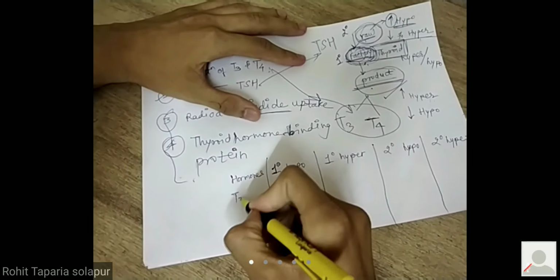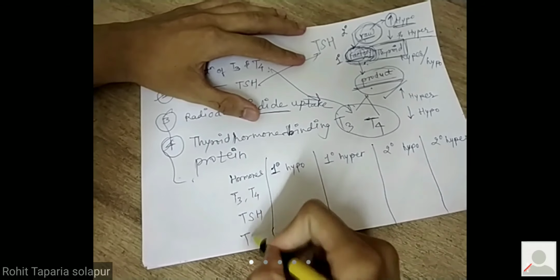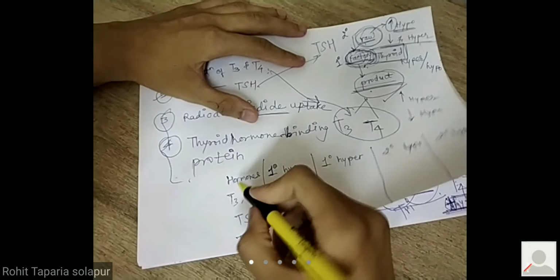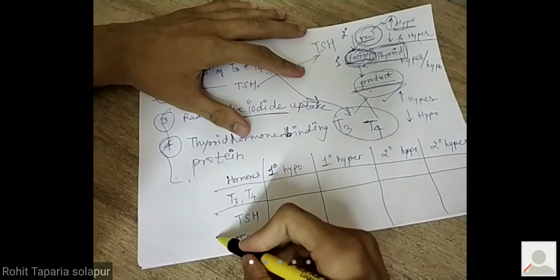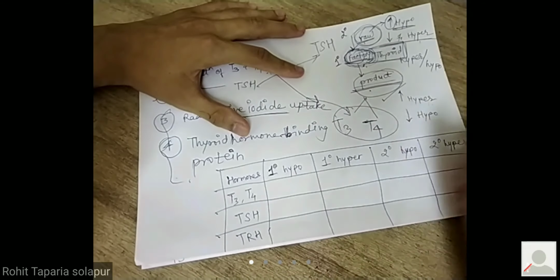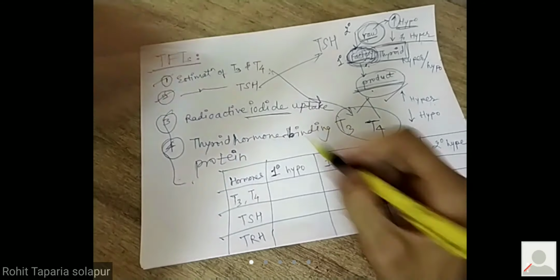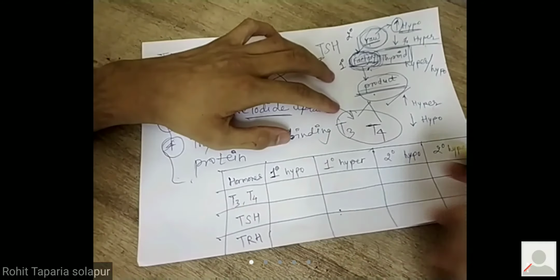So this is about T3 and T4, this is TSH and TRH. If you write just this much in the exam, they will give you 3 to 3.5 marks out of 4. You also have to write the conditions along with it. And whatever the advancements are, not only this much, this will give you only 1 mark, the rest you have to explain whatever I have explained.